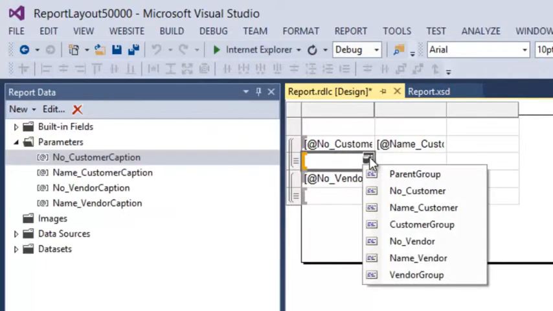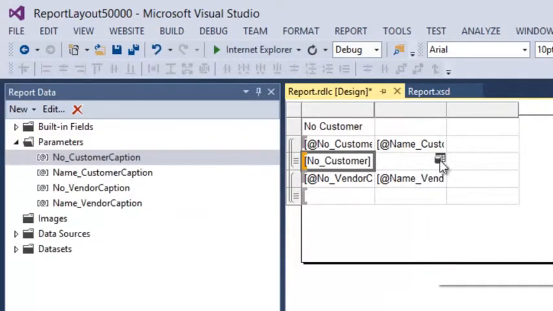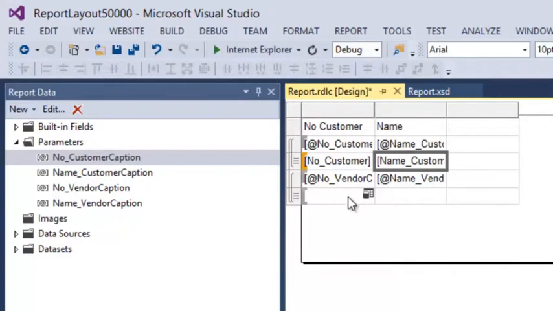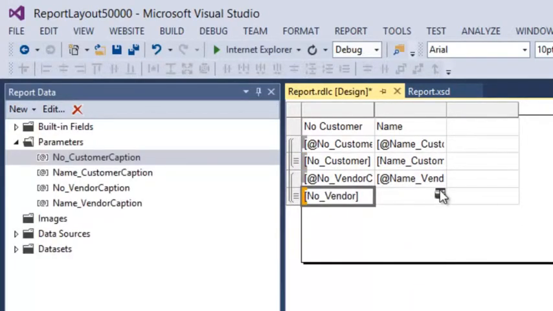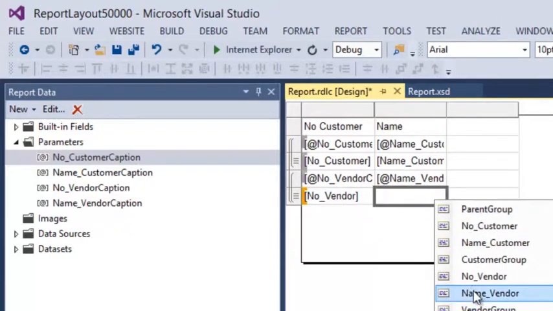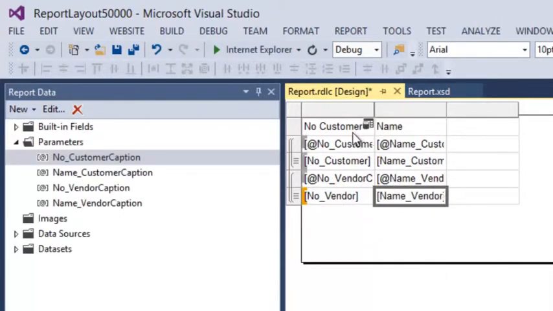Then I want to have the customer number here. I want to have the customer name here, and here I would like to have the number of the vendor and the name of the vendor. Notice that I get some hard-coded captions up here. I don't want to have these, so I'll just delete those.